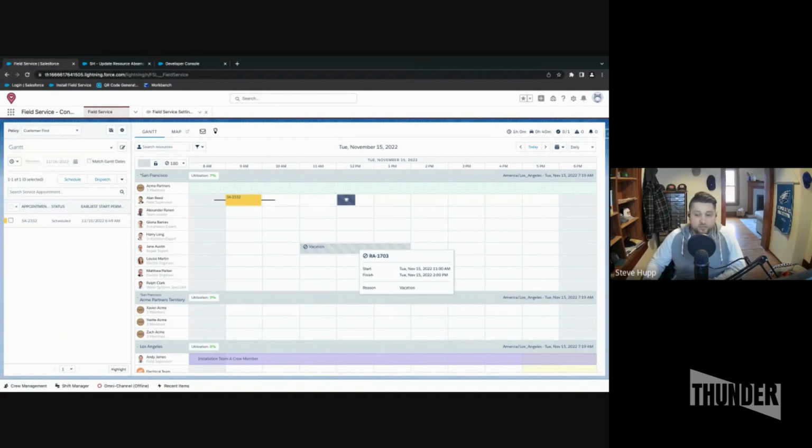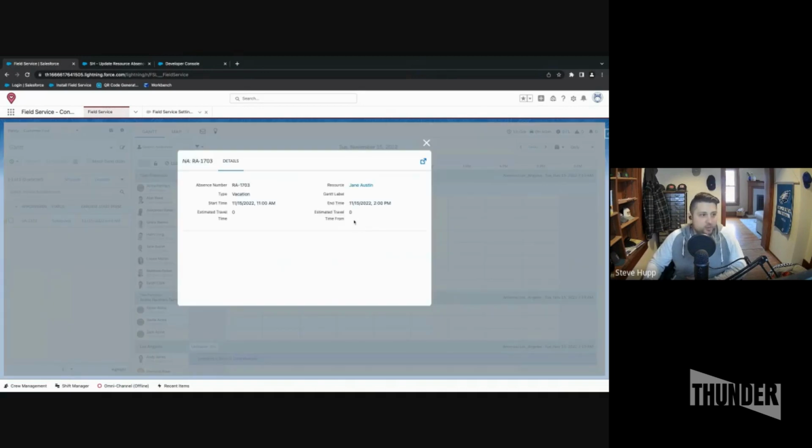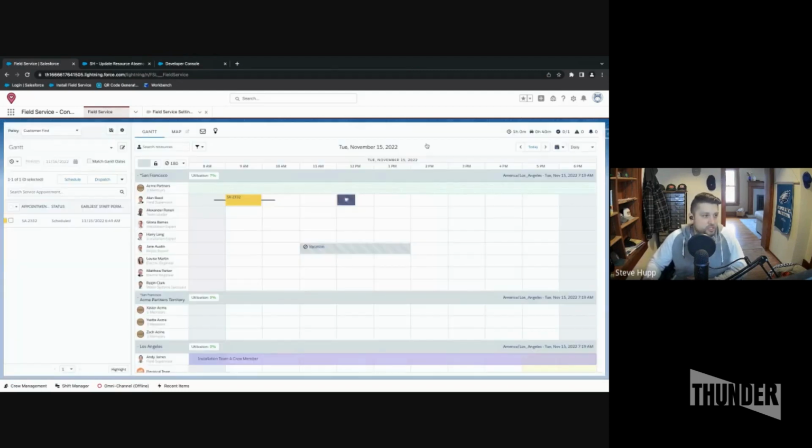And so for those of you who are familiar, and maybe even for those who aren't, right now today, you actually don't have the ability to edit a resource absence directly from the lightbox. So you can double click on it, open the record, make the edits, and then have to come back to the Gantt chart. But there's no edit button here, and you can't really edit any of these details,